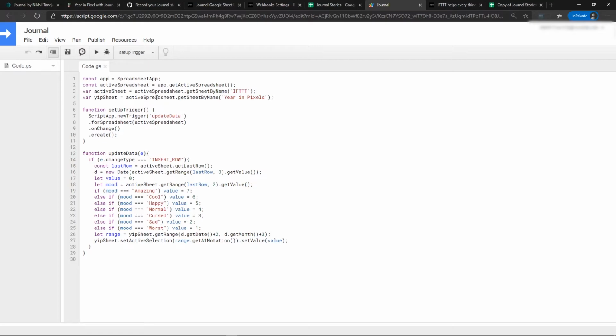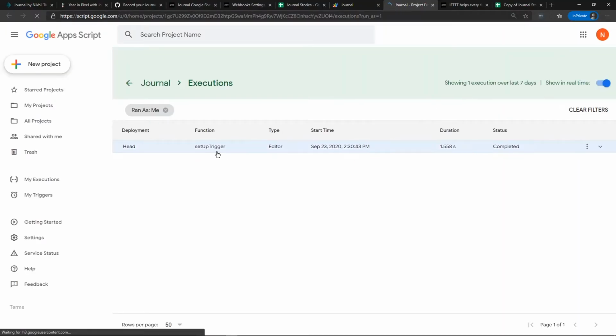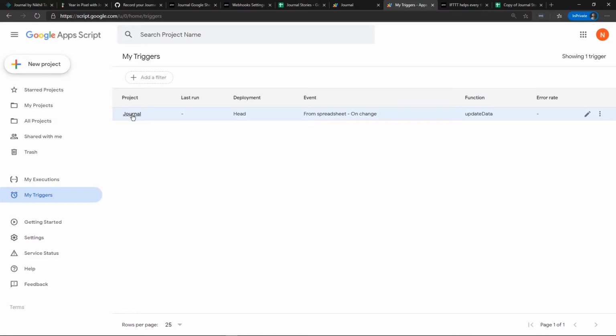And once that is done, you can confirm this by going into Executions. This will open a dashboard in a new tab. You have to go to My Triggers and make sure this function is present, and it is present only once.